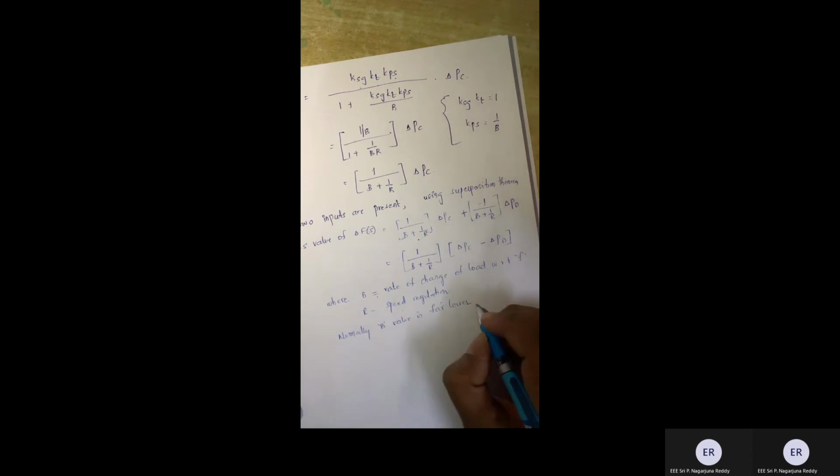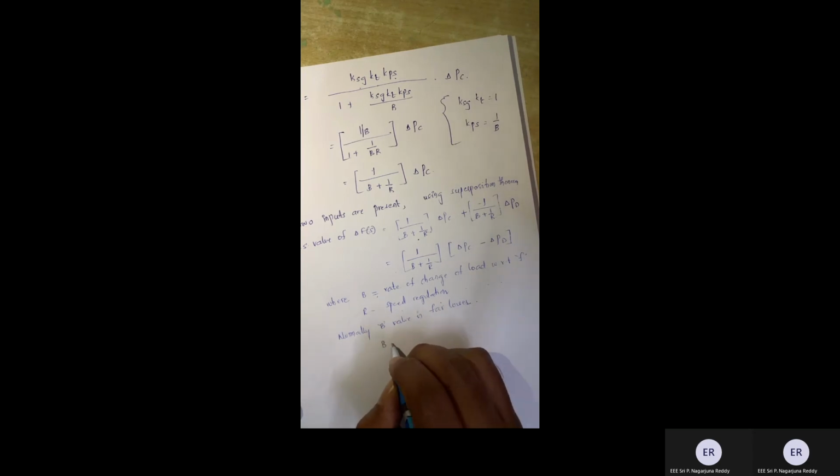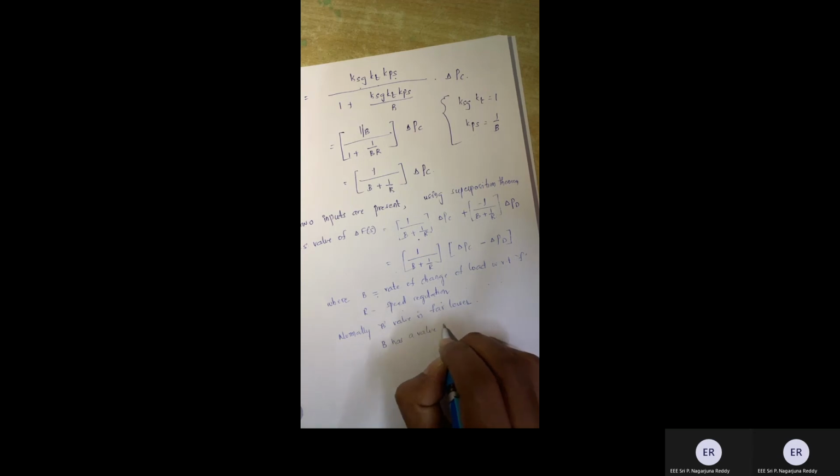Normally B value is far lower. I have already told you that normally B has a value of 1% to 3%, at the max up to 10%. So if I consider 1%, it is going to be 0.01 normally. On the other hand,